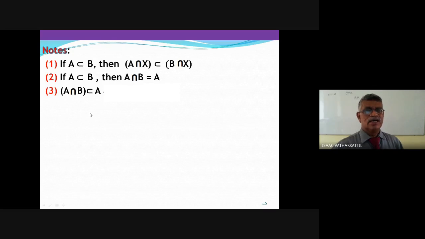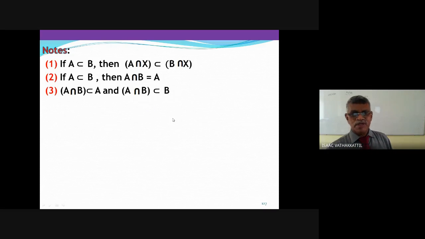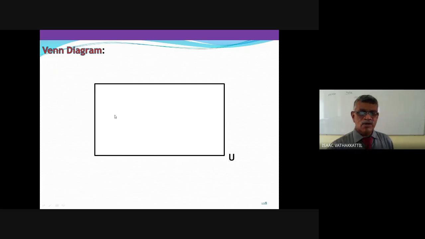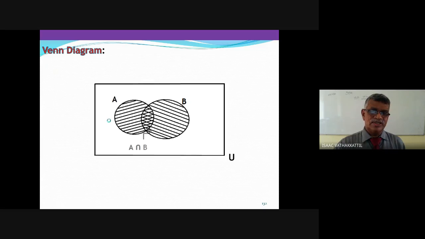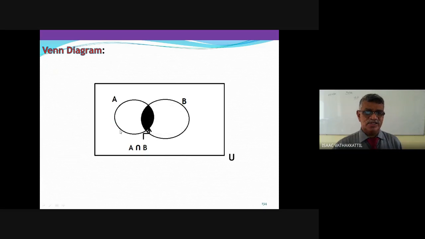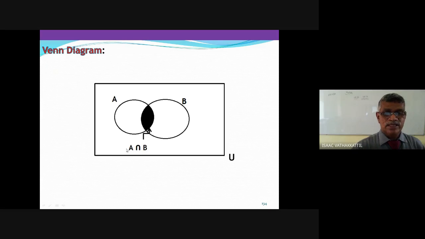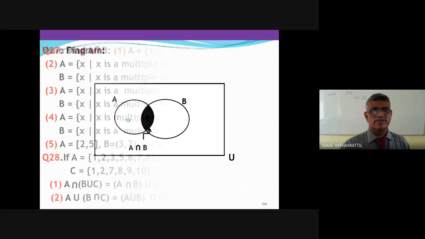These are not formula to find. Simple understanding. A intersection B is subset of B also. Because A intersection B is those elements which are common to A and B, that is very much present in B. Now look at the diagram for intersection. You have set A, set B. What is the common portion? If it is A union B, we will shade the whole portion within A as well as within B, whereas A intersection B represents the common portion.